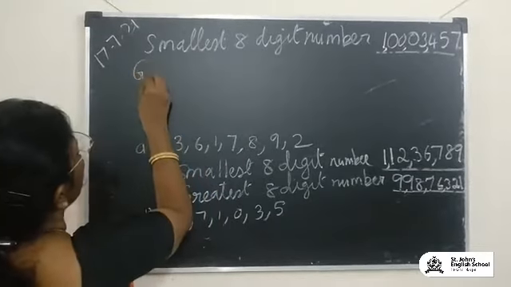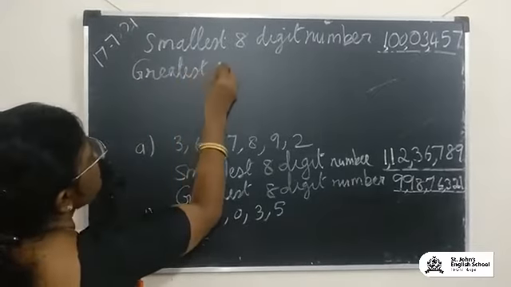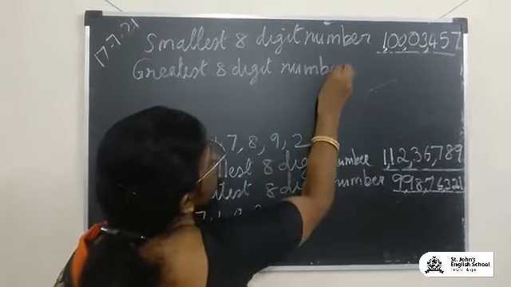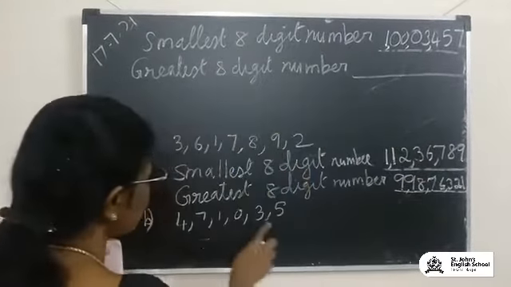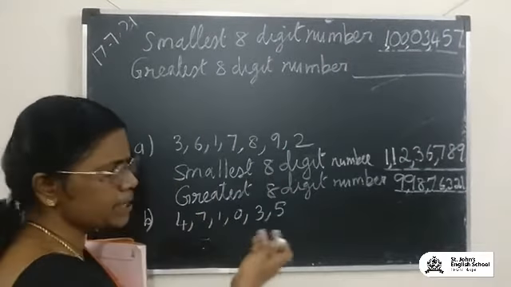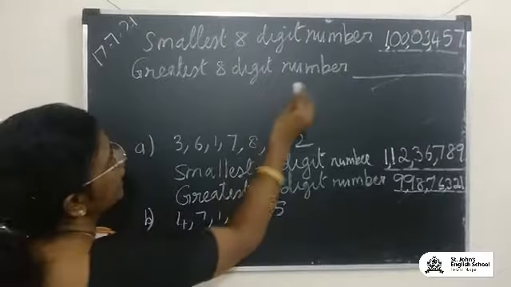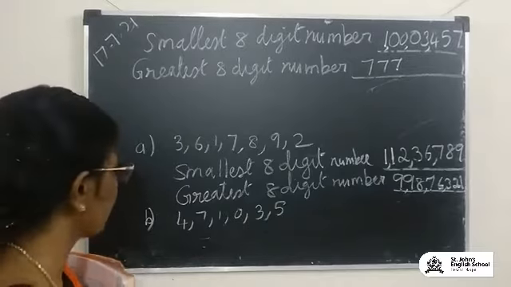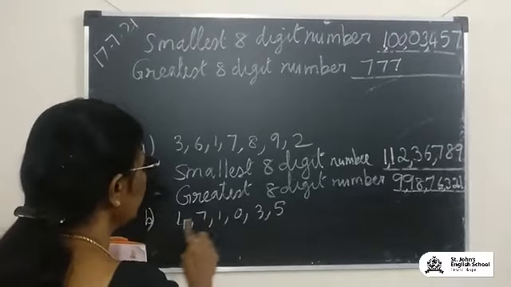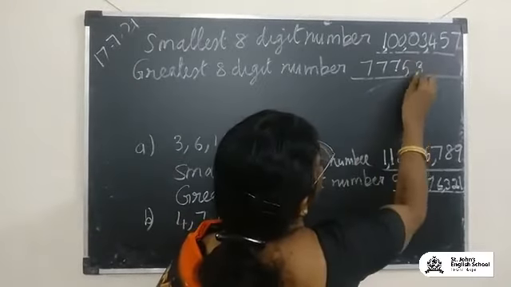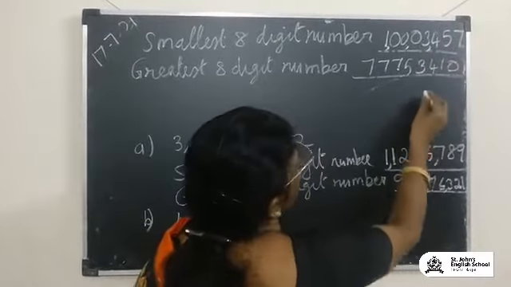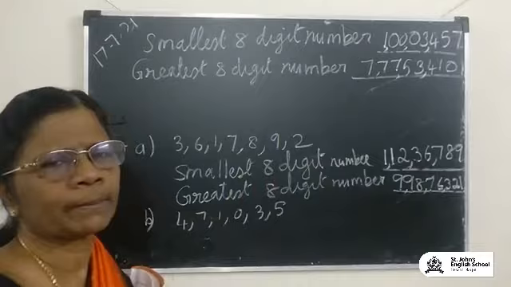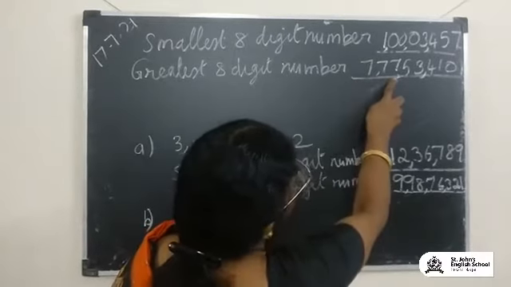But the greatest number you will not have any problem. Okay, greatest 8-digit number. This is going to be starting with the greatest number 7, children. 7 here, because it's not 0, you can start with 7. 7 you have to write once and repeat it 2 more times. So from the 6 digits you will have an 8-digit number. Now we write the other numbers, 5, 3, 4, 1, 0. So again after 3 numbers and after 3 numbers and then 2 numbers, the number will be 7 crores 77 lakhs